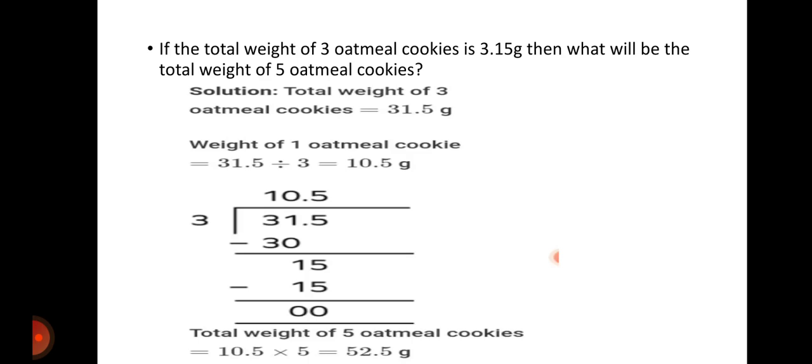Now 0.5 is remaining. Now we take the 5 as a whole number. 5 times 3 is 15. Now 15 minus 15 gives us 0. Therefore,